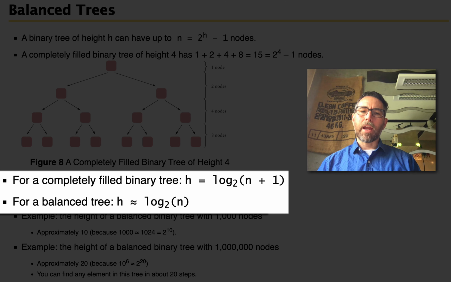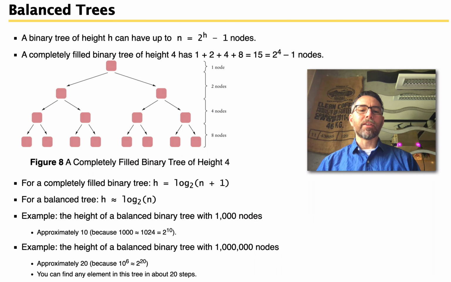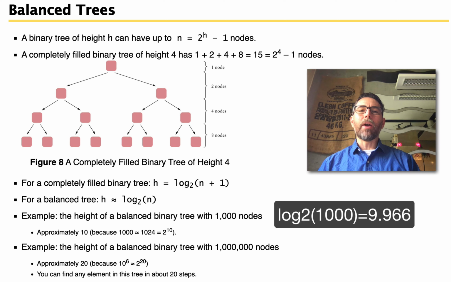For a balanced tree, the height is approximately log base 2 of n. We know the height of a tree has to be an integer. When our tree isn't completely filled, sometimes we get fractional components because we don't have a completely filled tree. The height of a balanced binary tree with 1,000 nodes, for example, would be approximately 10, because a perfectly filled